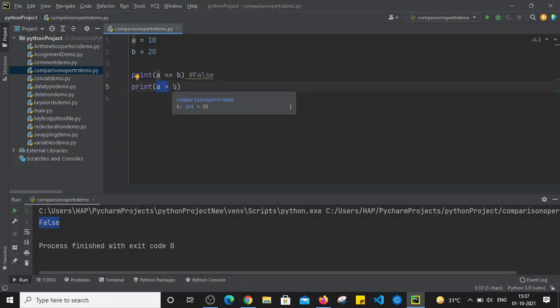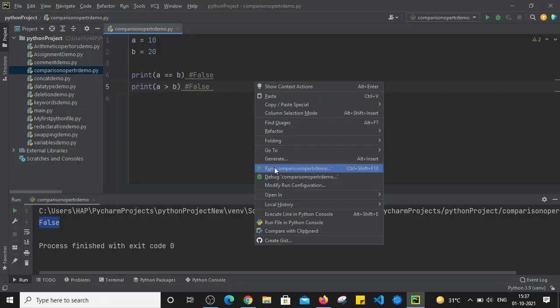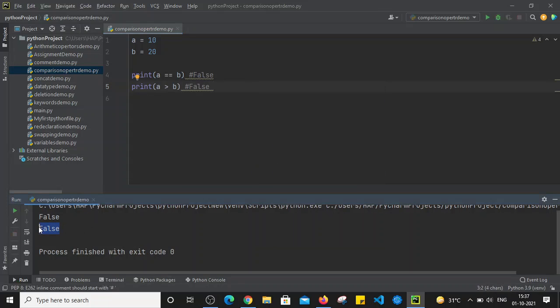Here a is 10 and b is 20, so 10 is not greater than b, right? So this will also return false. Let's run the file. This is also returning false because the value of a is not greater than the value of b.